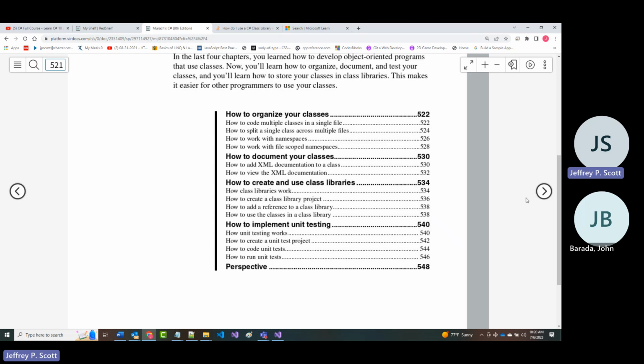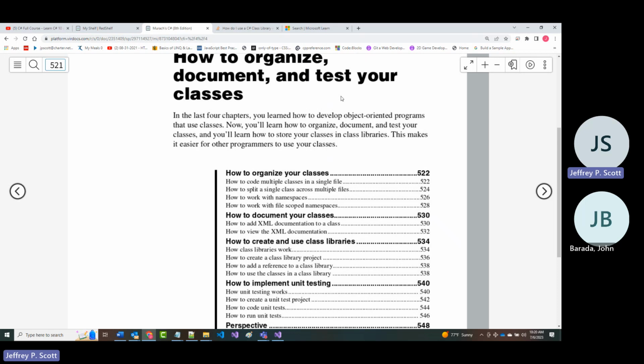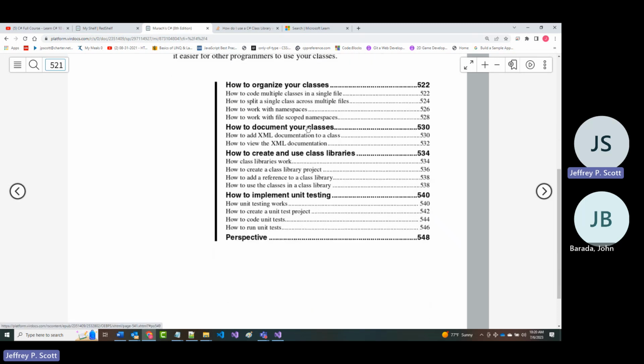Okay, or at least try to. We'll see if we can get that to work. All right. So as they mentioned, in the last 4 chapters, you learned how to develop object-oriented programs that use classes. All right, now you learn how to organize, document, and test your classes, and learn how to use those in class libraries. As it says, this makes it easier for other programmers to use your classes.